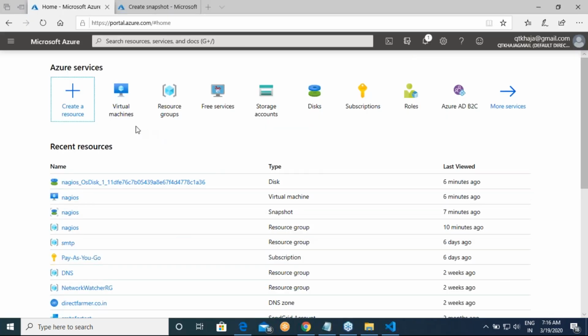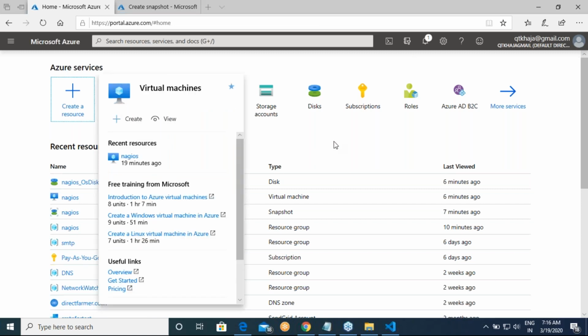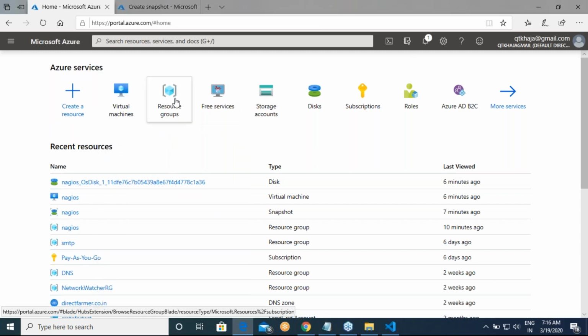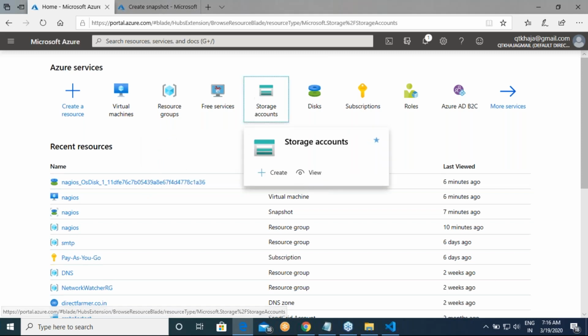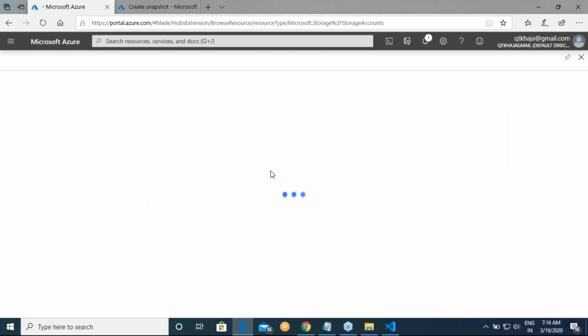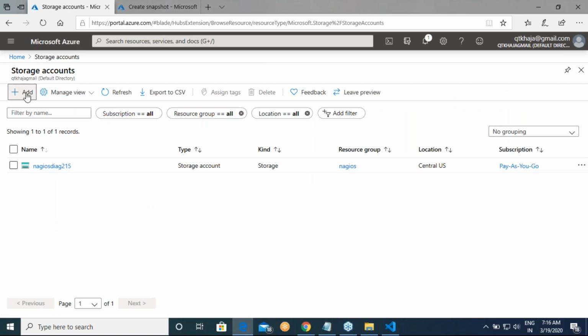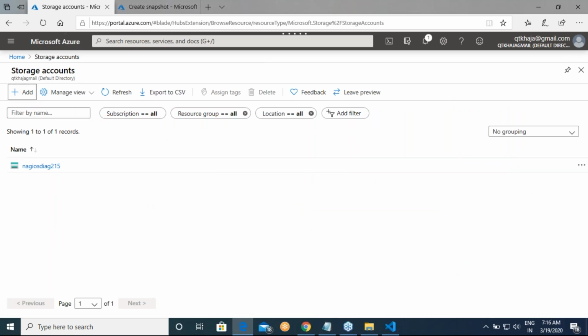I've asked you to create a virtual machine, a Linux virtual machine, and a Windows virtual machine. That is simple. And then I have asked for creating a storage account. So let me go ahead and create a storage account.